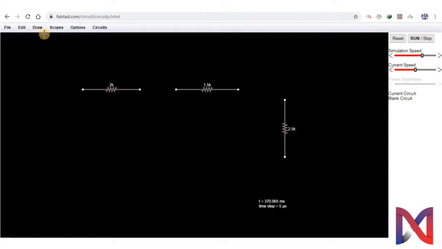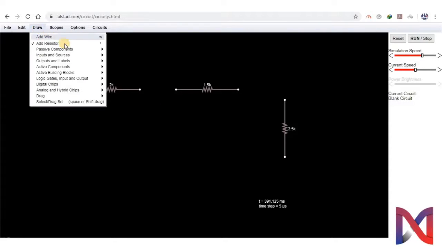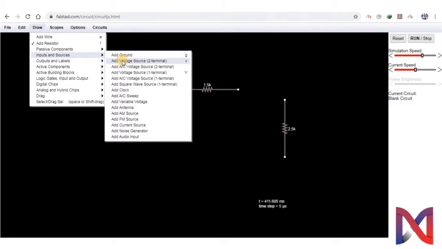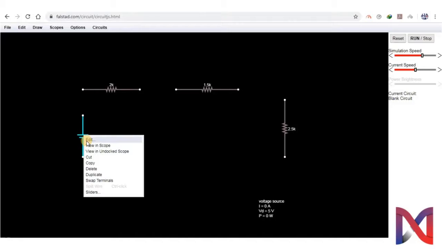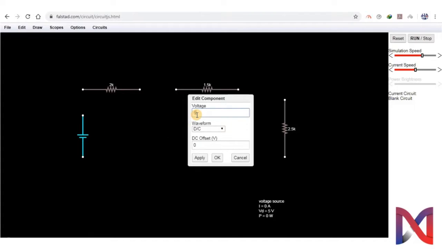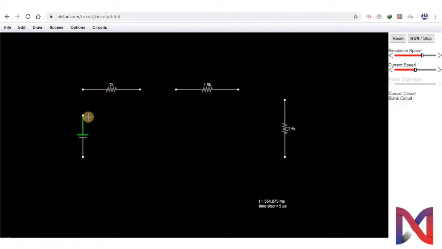Now what we are going to do is add an input source or voltage source. Click and drag it. It will be placed. Click right, edit. We give it value. I will leave it as it is, 5 volts. Now how can we connect this circuit? Obviously through adding a wire. Clicking and then placing will let us connect the wires.